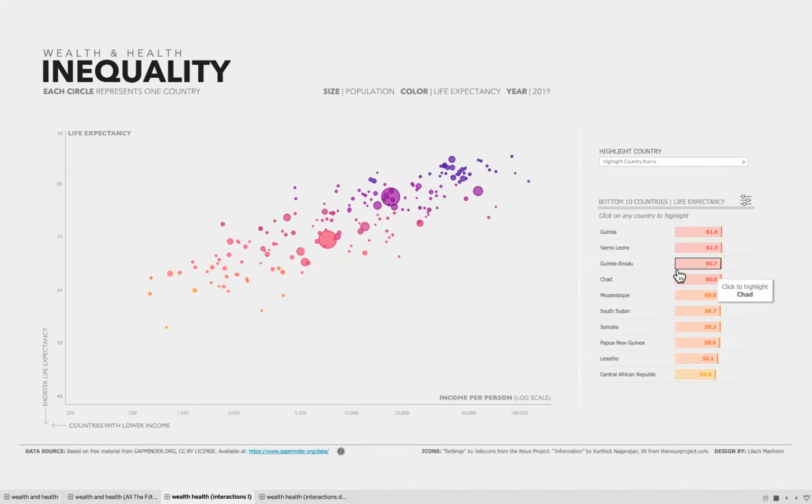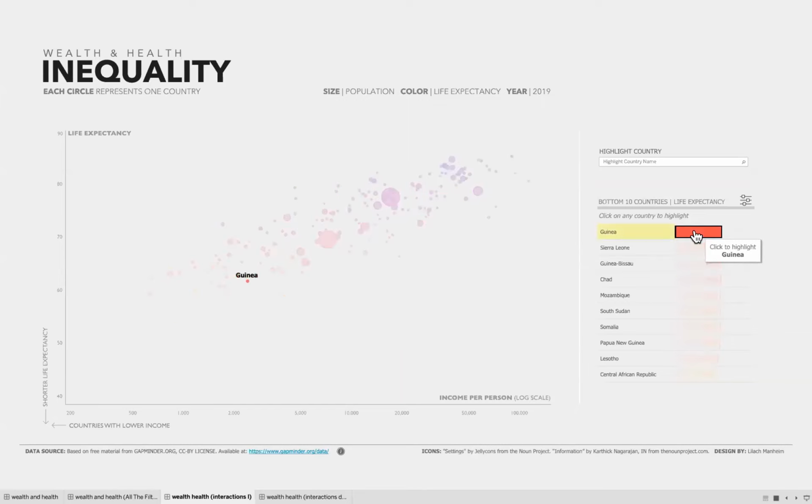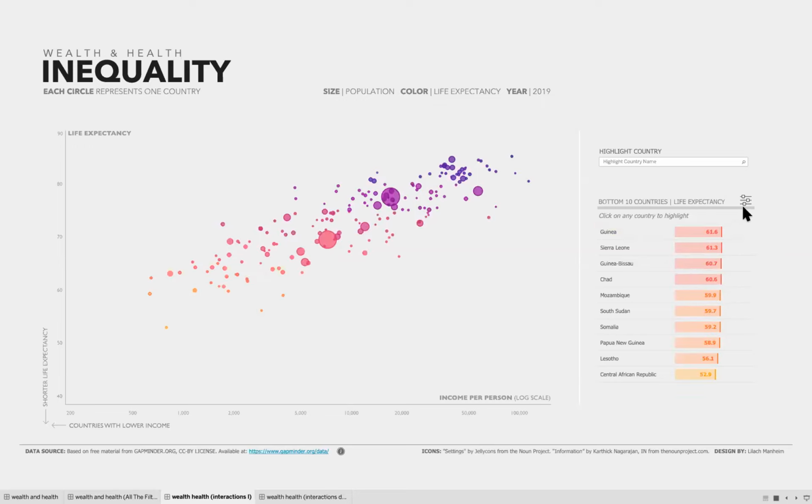The second interaction I have down here is a nice little bar chart, everyone's favorite chart. And you can click on any of these from the bar chart and see it highlighted in that main chart. And then another little feature I added here is the settings pane. So you can click on this, and now you have a few different options.